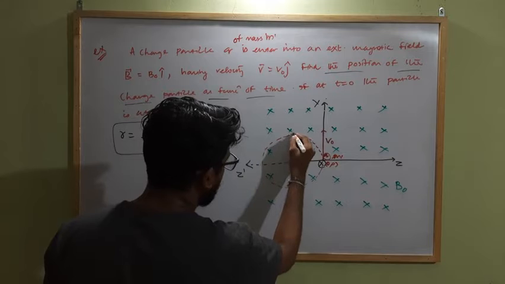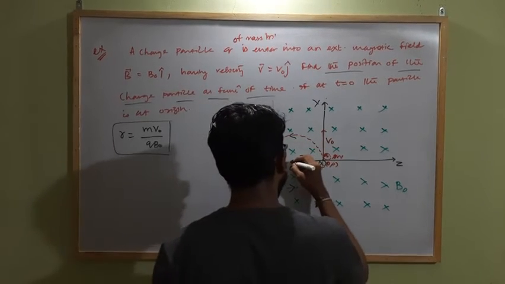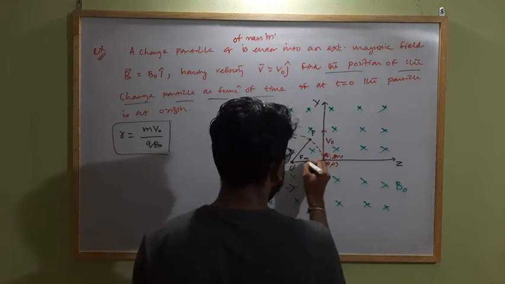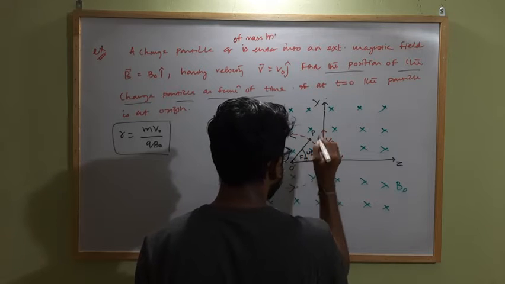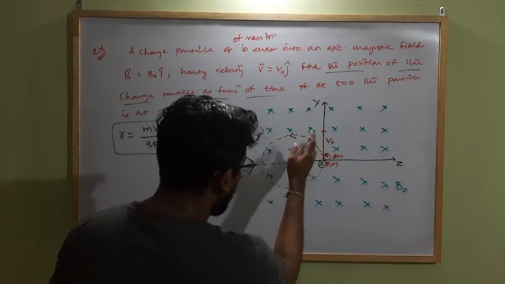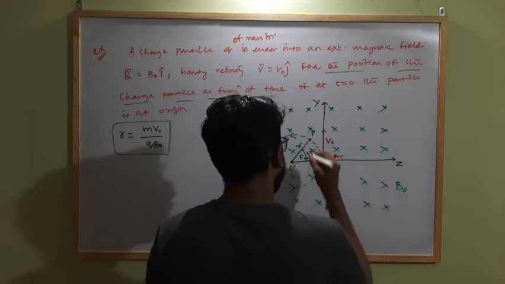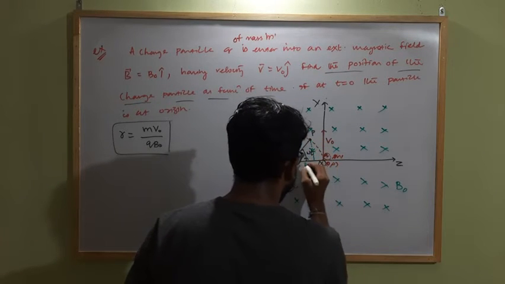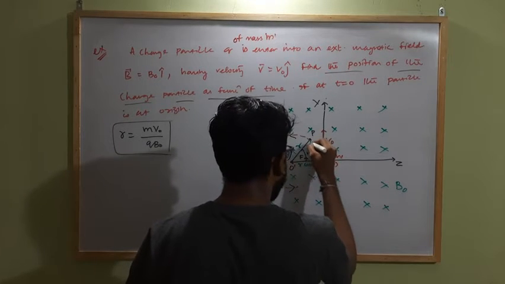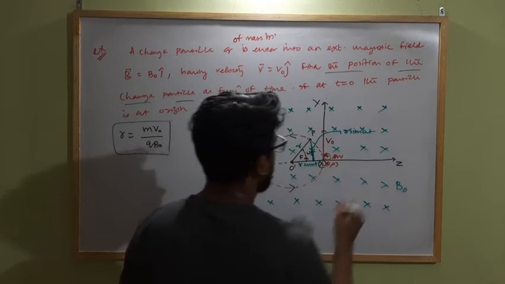So as the particle starts revolving in the circular path and starts from the origin, let at any instant of time the particle be at point P. This angle is omega t. At any instant of time t, the particle is at point P, having covered the angle omega t. This length is r, the radius. So by projecting, this projection will be how much? R cos omega t, and this much height will be R sin omega t. Clear?